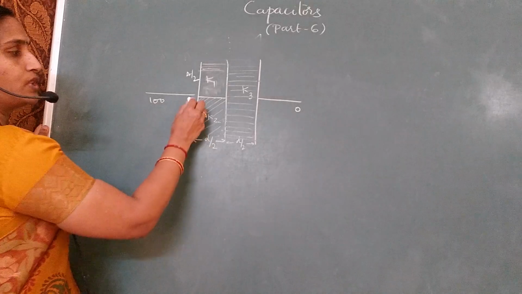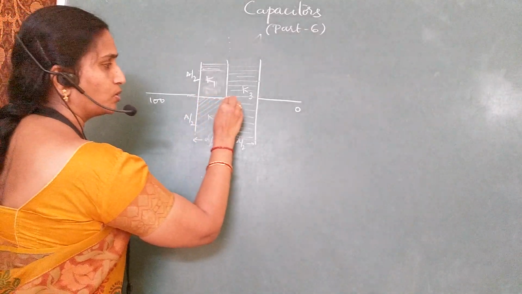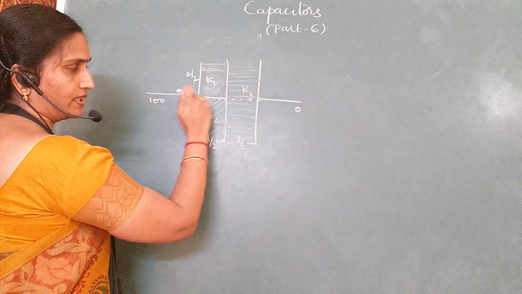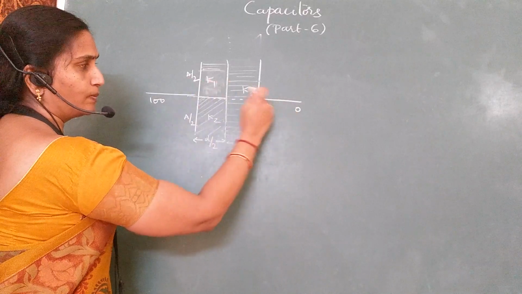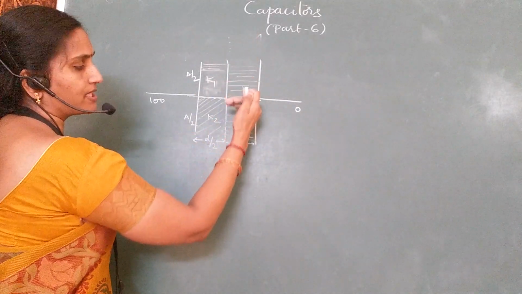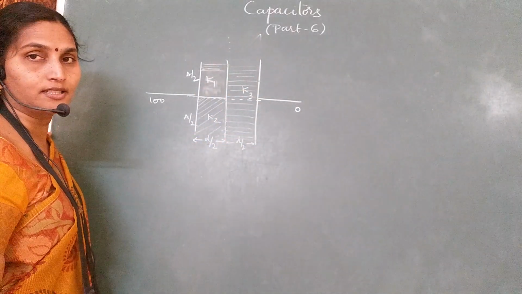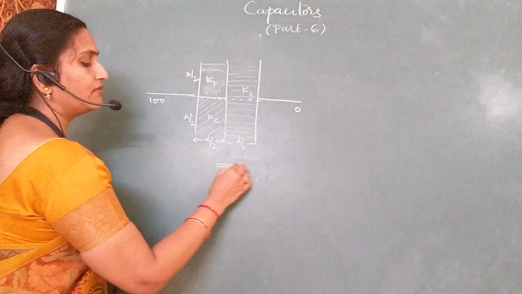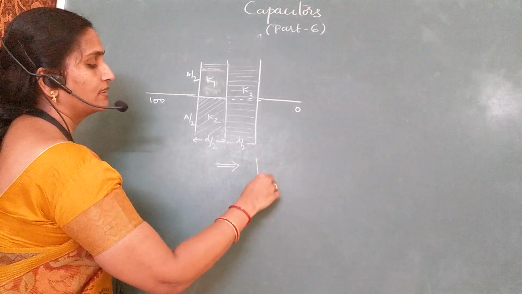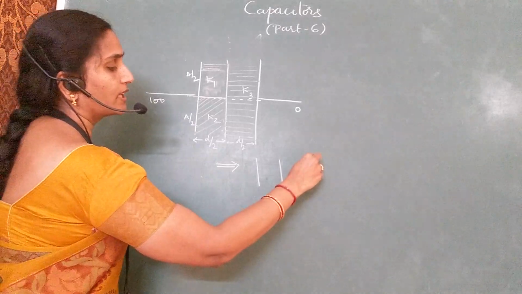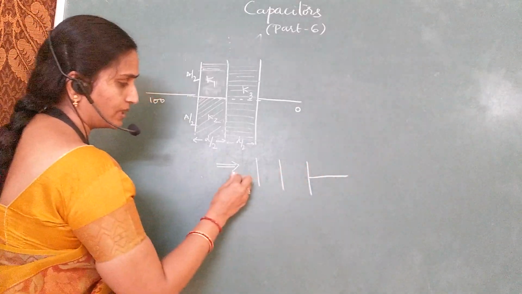So that's why what we do is, we divide this into two horizontal portions. Like till here if I make it into two parts, the upper part is one capacitor, the lower part is another capacitor. So what will be the equivalent capacitance of this? How does this figure look like? I'll divide it this way.